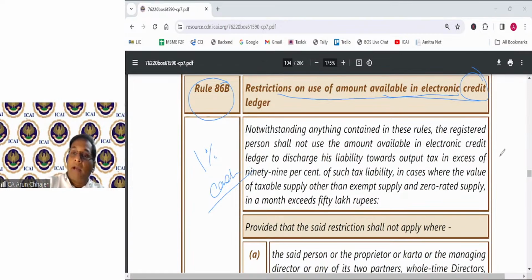If my total outward taxable, not exempted, taxable supply is exceeding 50 lakhs. It says that if my total outward taxable supply, not tax, total outward taxable supply is more than 50 lakh,